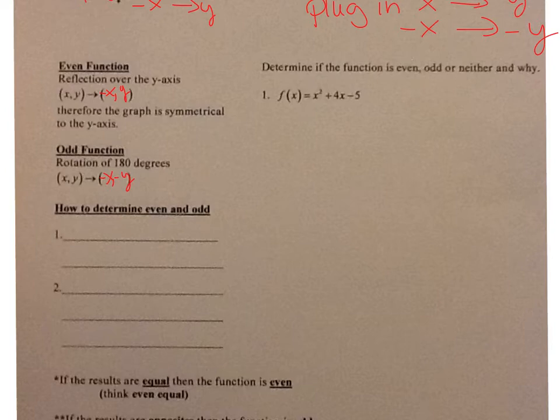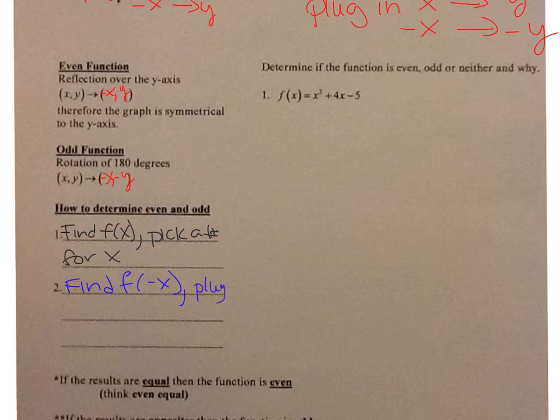All right, so how are we going to determine if a function is odd or even or neither without actually graphing it to see if it's a reflection over the y-axis or a rotation of 180 degrees? All right, so what you're going to do is you're going to find f of x. So you're going to pick a number for x. You can pick any number that you want. Okay, and then you're going to find f of negative x. So you're going to plug in the opposite x value that you picked